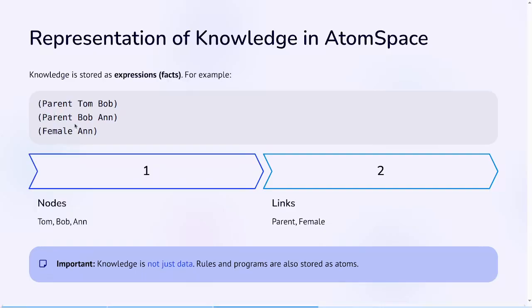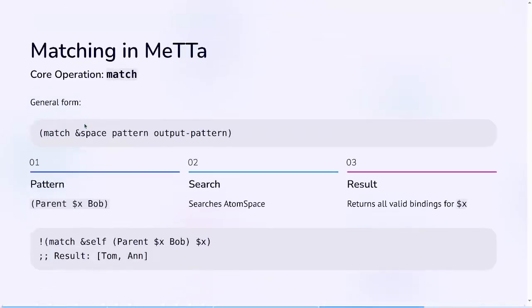For example, Bob is also the parent of Anna. So we are trying to define such kinds of relations. Then when it comes to accessing or retrieving the data, for example, we are trying to access the parent of Bob here, right? So we don't know how the knowledge is stored. If we have, for example, a huge amount of data stored in our Atomspace, we don't specifically know who is the parent of Bob, right? So the thing that we are going to do is use a match, which is an operation in MeTTa,